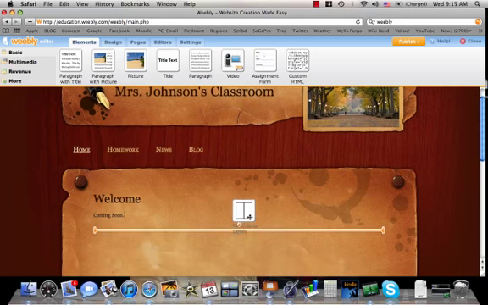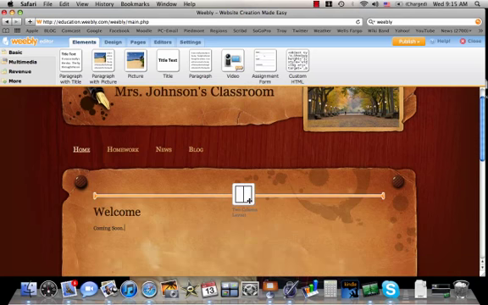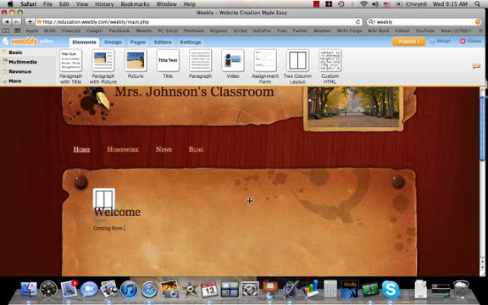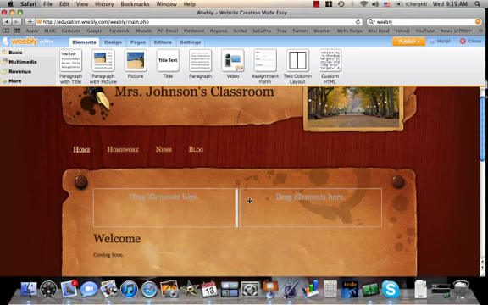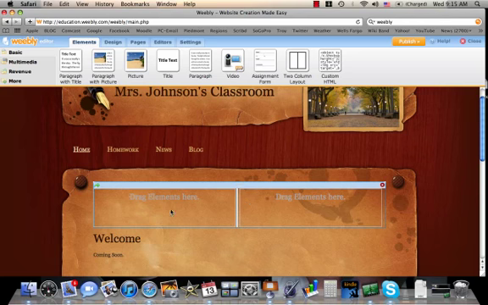So what I'm going to do is just add it above the welcome message. And as you can see, it's now added 2 areas to drag different elements into our home page. So I'm going to leave this blank, but it prompts you to do exactly what you need to do here